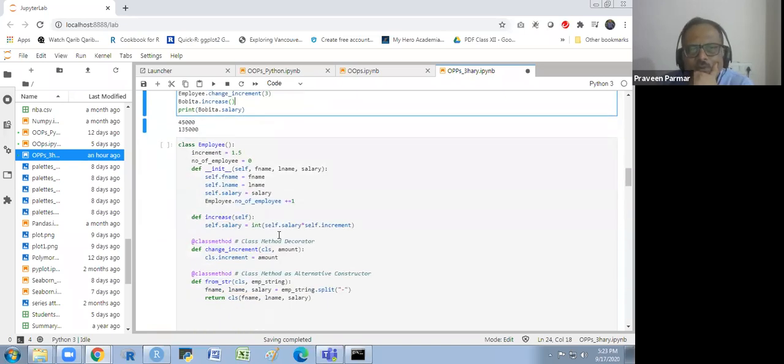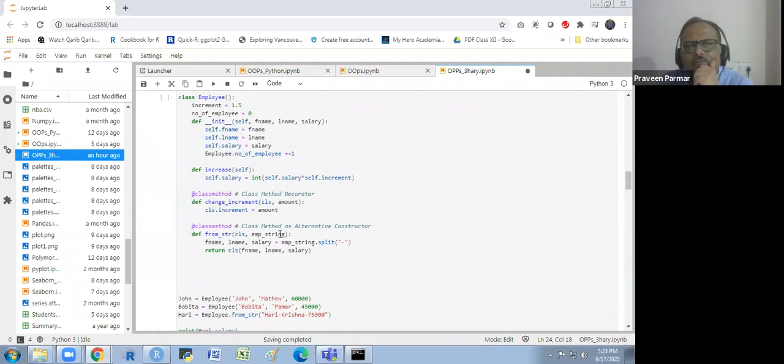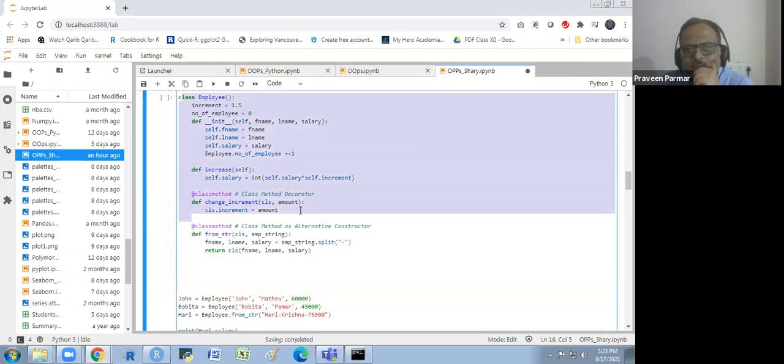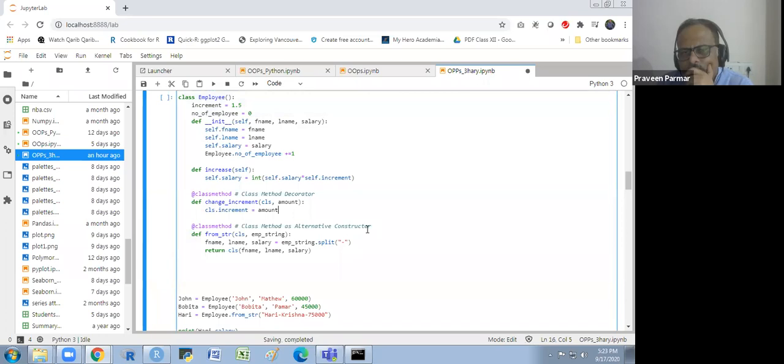One more thing we could do with this class method: these are the same up to here, and I am using the class method as an alternative constructor, definition from string.